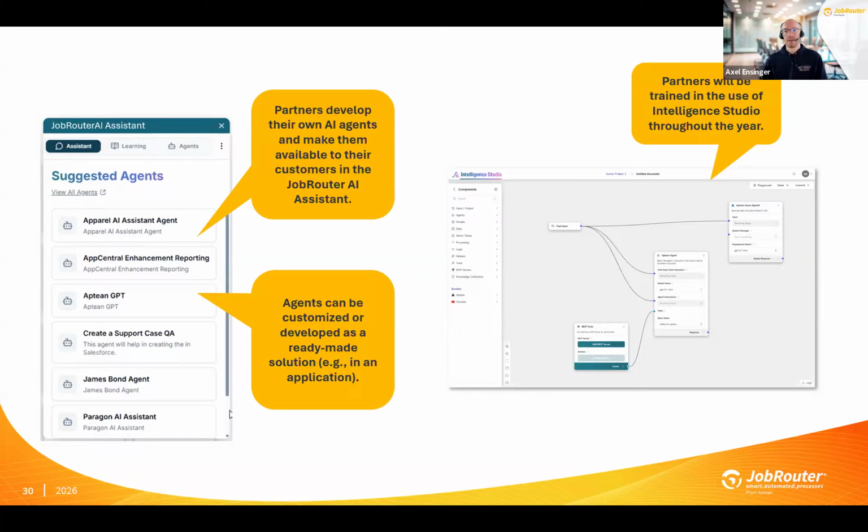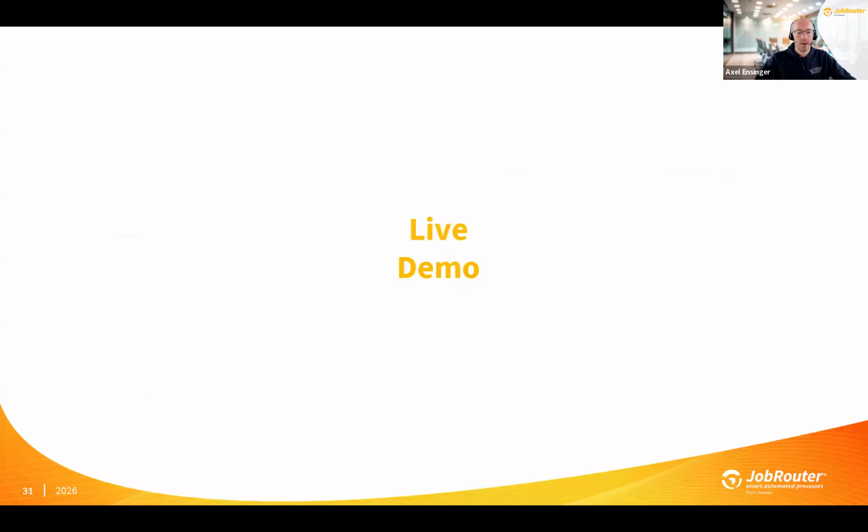Yeah? And that means that today you can decide, I need a new agent. You can build it together with your solution partner, and on the same day you can then release it and integrate it into your JobRouter environment and start using this agent either out of a workflow or out of the chat. Yeah, so that was just the short sneak peek that I wanted to give to you about this product.